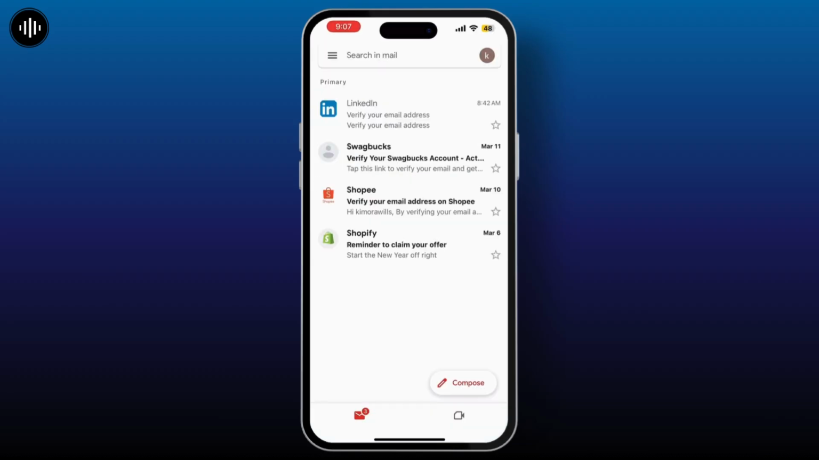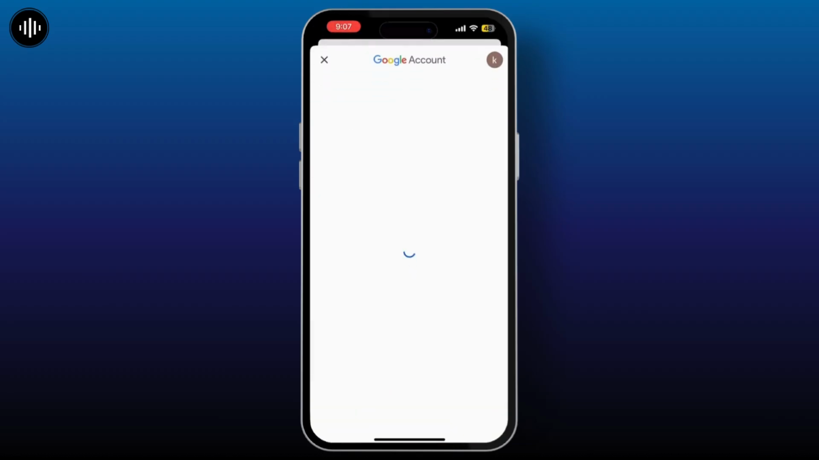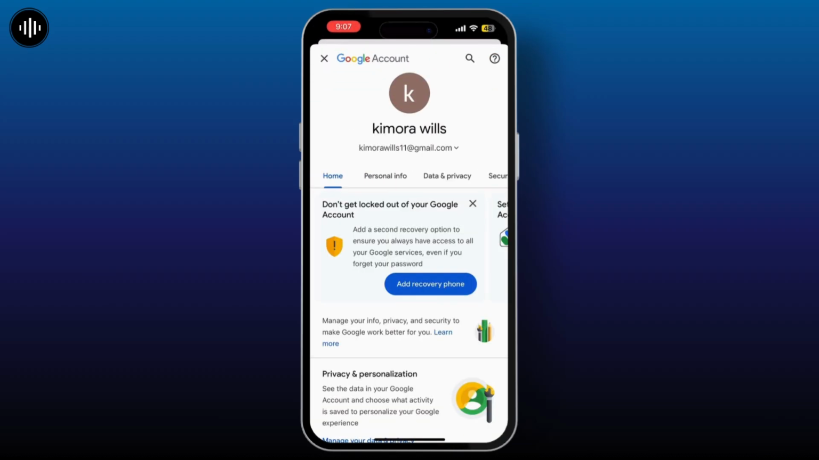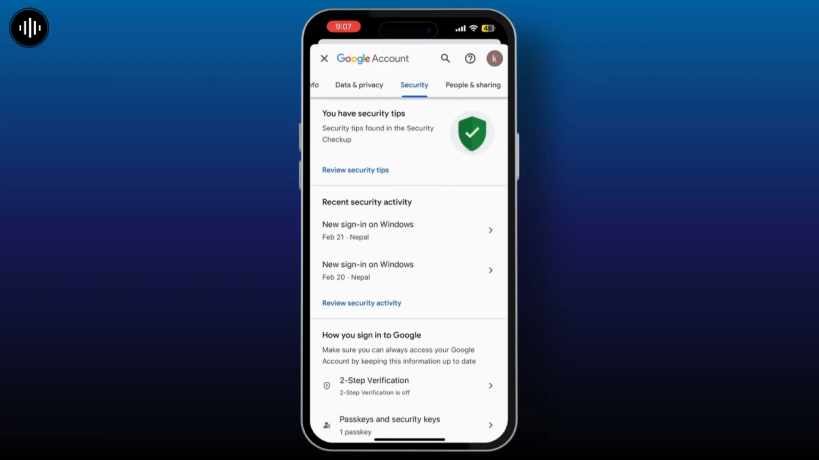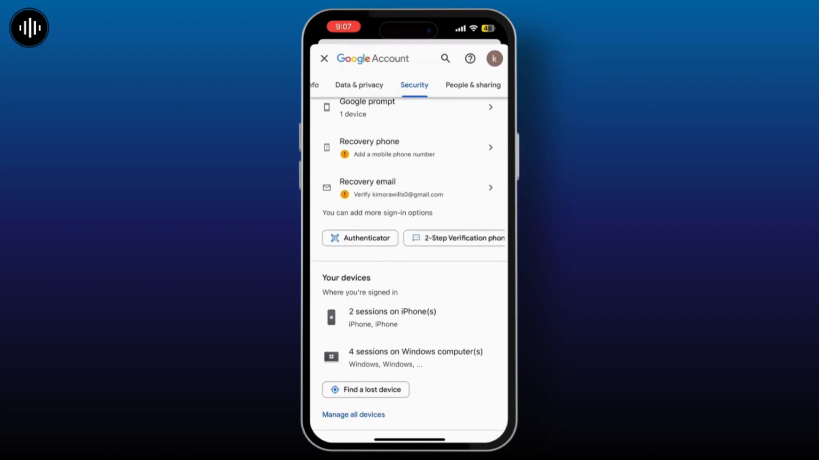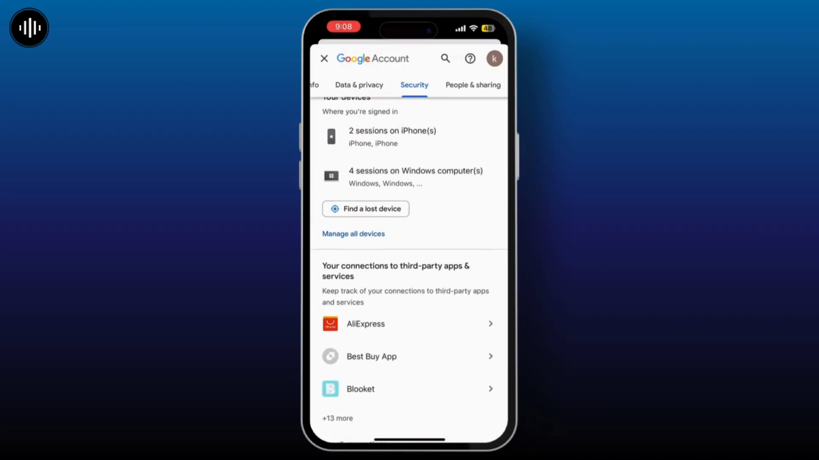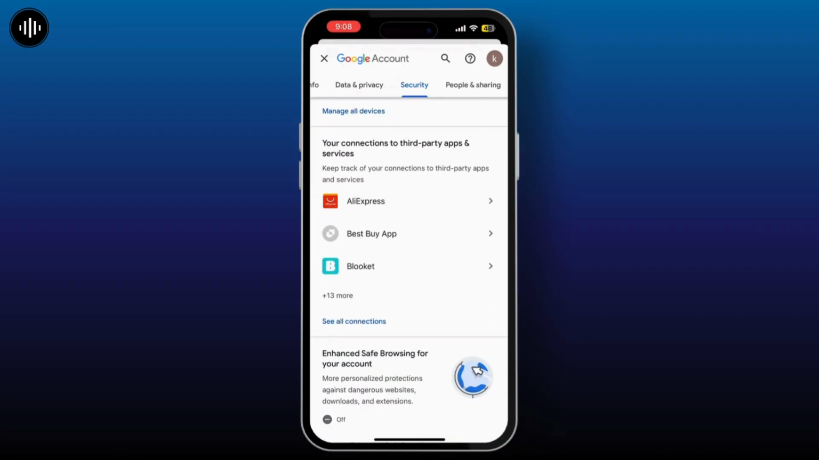Likewise, to find your password, what you need to do is tap on your mail at the top and simply go to manage your account. From there, go to security. Now scroll down until you find an option that says password managers or passwords and simply tap on see all